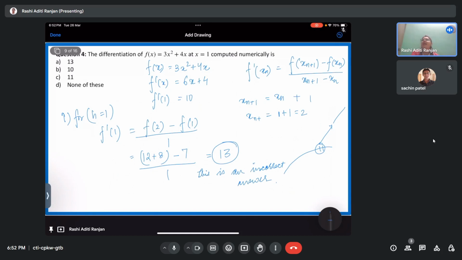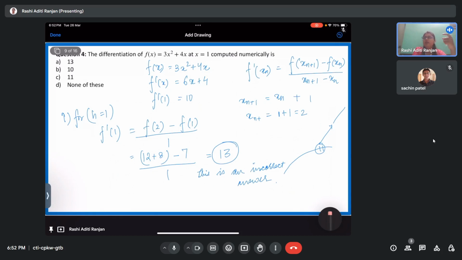Until and unless I have an analytical solution, I cannot know. Okay, so that is why we always take some prerequisites while computing the numerical differentiation. Since we know that we have to take our step size as very small, we always take it as small, and we try to do multiple